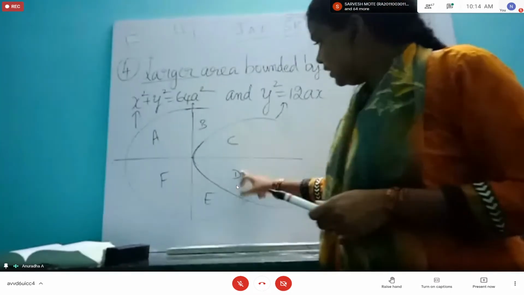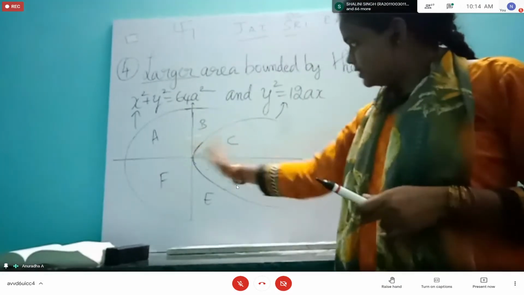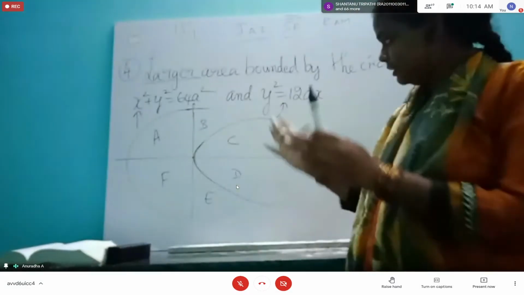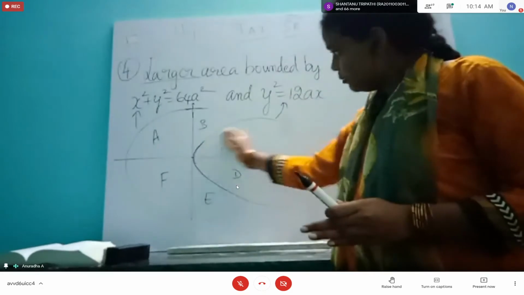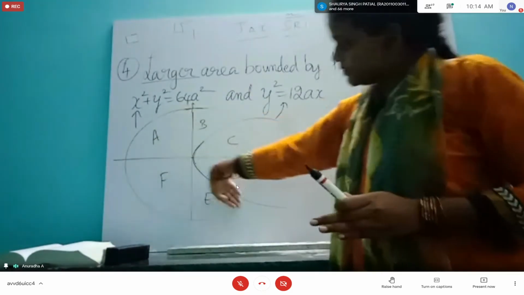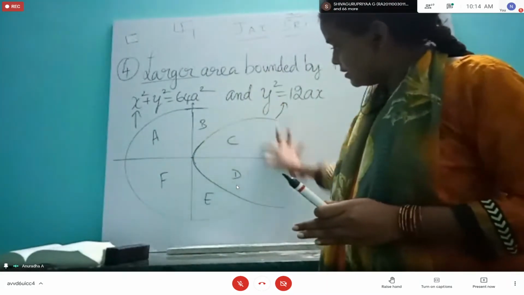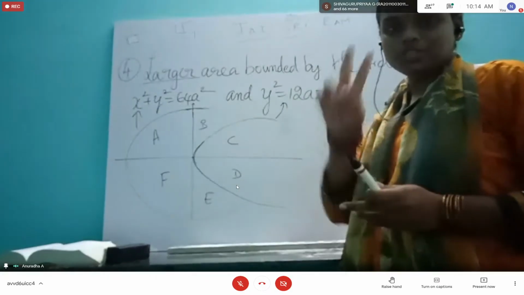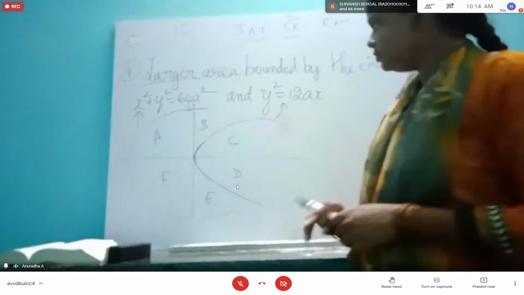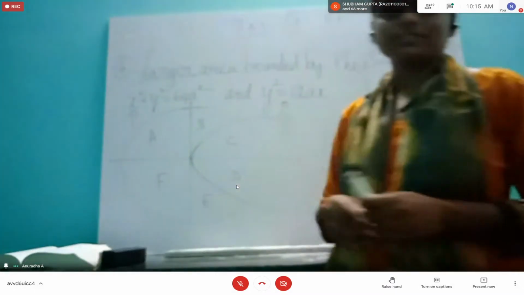You see, CD is this side, it is cutting the region. The other thing is outside the parabola and inside the circle. We can divide the region like that. Inside the parabola, inside the circle, or outer parabola, inside circle. This bigger crescent we can take, or this I shape we can take. Two regions. Though I have written A, B, C, D, E, F to confuse you, the outer region, the larger area is actually A, B, F, E put together.